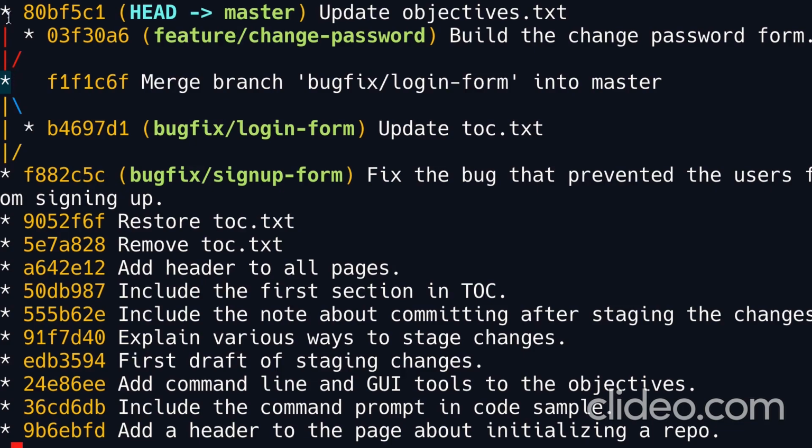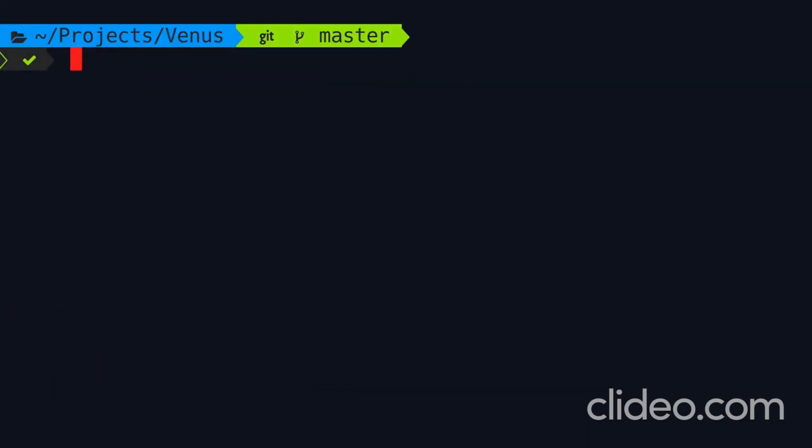Now we do not have a direct linear path from change password to master. So if we start from here, we cannot go to master. So when we try to merge the changes, Git is going to run a three-way merge. It's going to look at the tips of these branches, which is this commit and this commit over here. It's going to compare these with their common ancestor, which is in this case, this commit over here. Based on their differences, it's going to figure out how to merge or combine the changes into a new merge commit. So here on the master branch, we type git merge